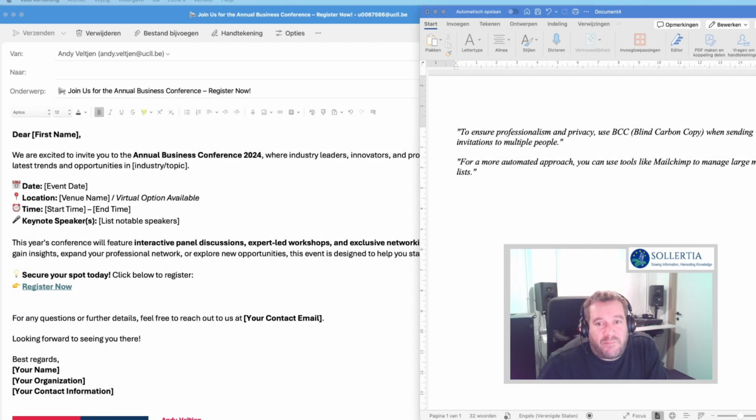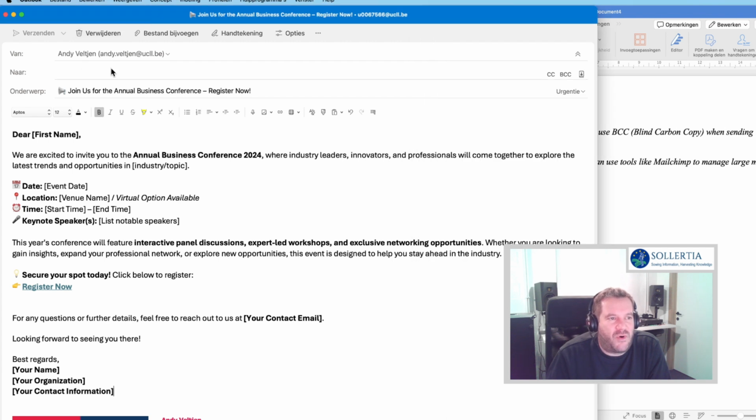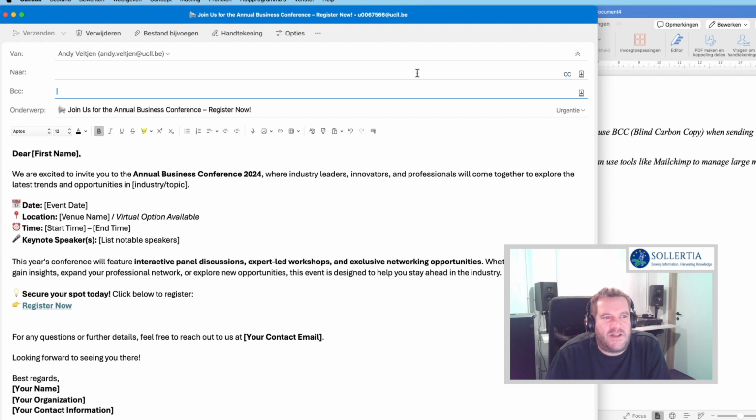Now, to ensure professionalism and privacy, what is important, we use BCC, that stands for blind carbon copy, when we send to multiple people. So basically, in every email program, this one is Outlook, you can find the CC, that's carbon copy, but we have the BCC, and BCC has an extra B in front that stands for blind copy. That means, if we click on it, that all the persons that we put here in a list, for instance,